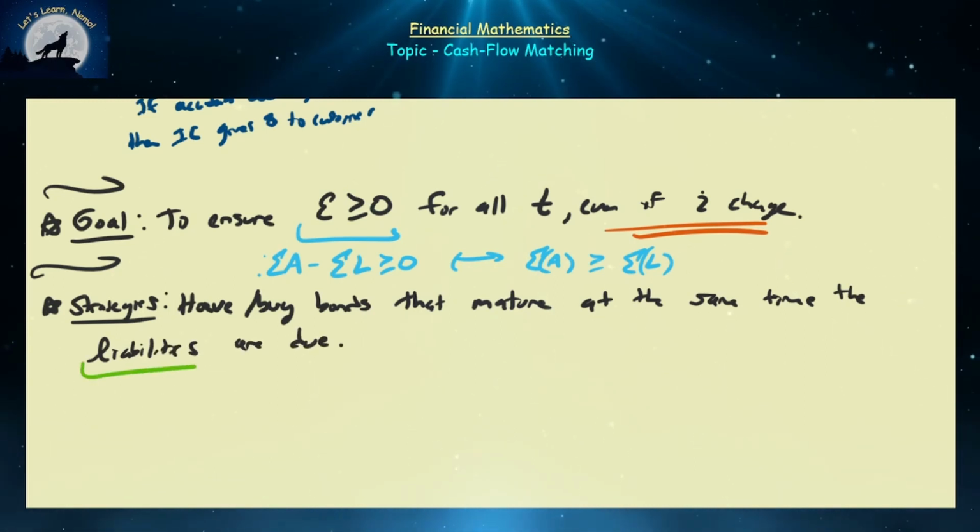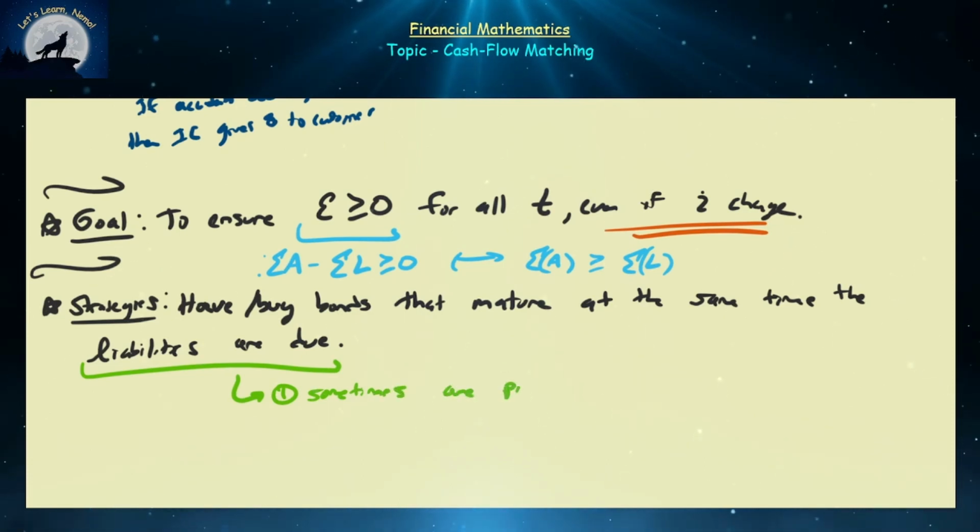Now sometimes these are predetermined. For example, monthly car payments. That's usually predetermined ahead of time, like the 1st of every month, or your rent payment due on the 5th of every month. But sometimes